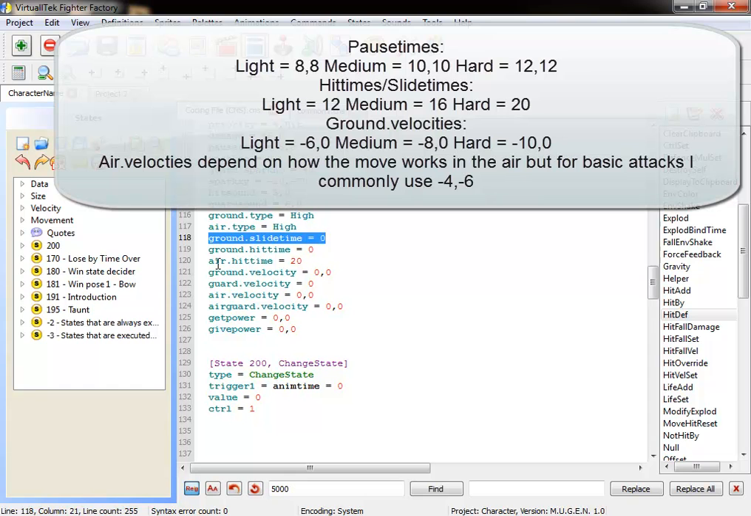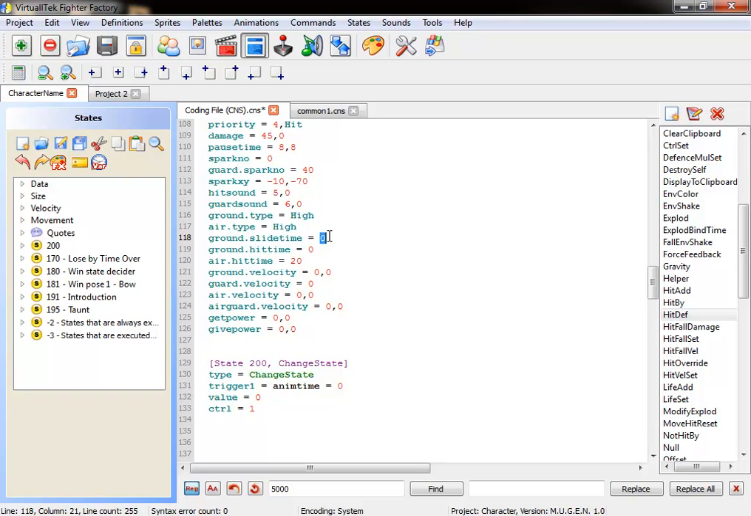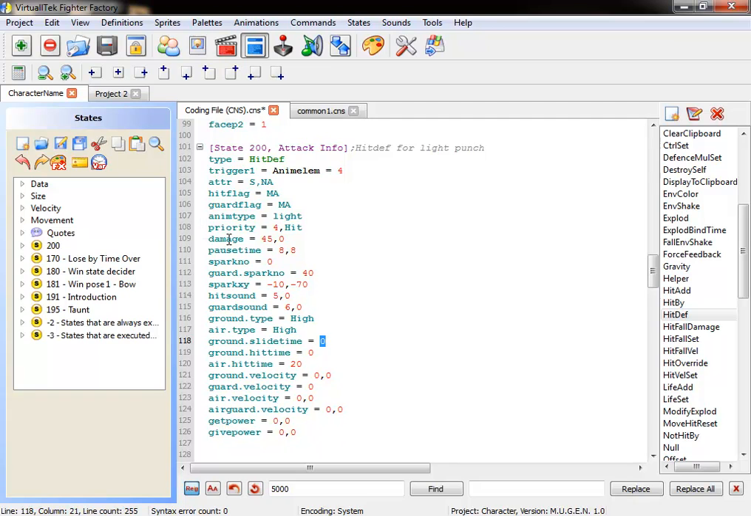Another important one is ground slide time. This is how many game ticks your opponent slides back for after the pause of the hit. Ground hit time would be exactly the same, but how many game ticks the opponent is in a hit state for. So this is good for following up with another attack, which would lead into a combo. So the hit time would vary. Again, you can use a set amount of values for light attacks, medium attacks and strong attacks,